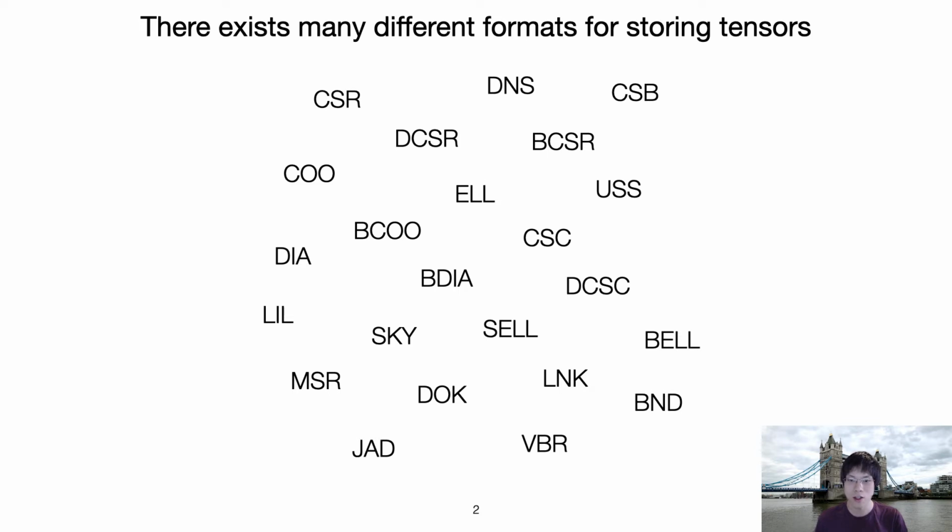Here we can see just a few examples of these formats. And many of them are widely used in practice because they all have to make different trade-offs, so none is ideal in every respect. Some formats, for instance, make it more efficient to insert new nonzeros into a tensor. Others, meanwhile, are optimized for reducing the memory footprint of tensors that are used in structured stencil computations or in mesh simulations, for instance. What this means is that choosing the right format to store your sparse tensor is critical